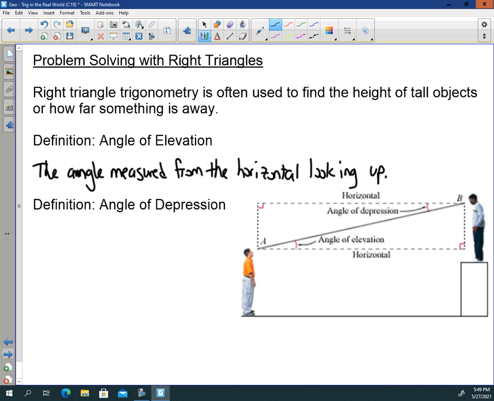So this guy down here is looking up at this guy over here, and he's looking at him through what's called an angle of elevation. Now, an angle of depression is going to be the opposite way. That is going to be the angle measured from the horizontal